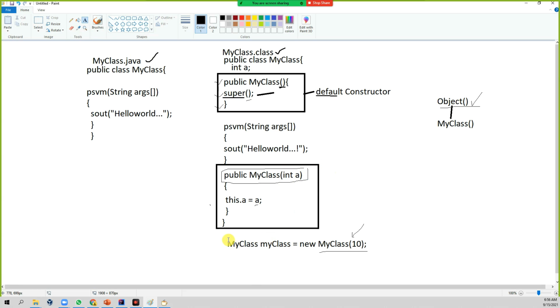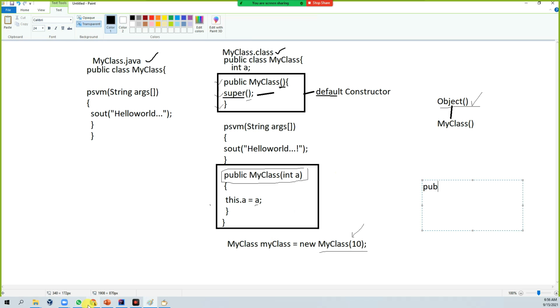Let me write it here: public MyClass(int a, int b), and I write this.a = a, this.b = b.